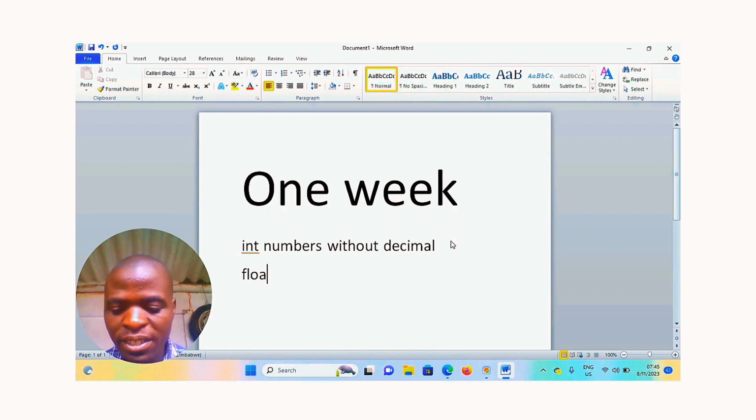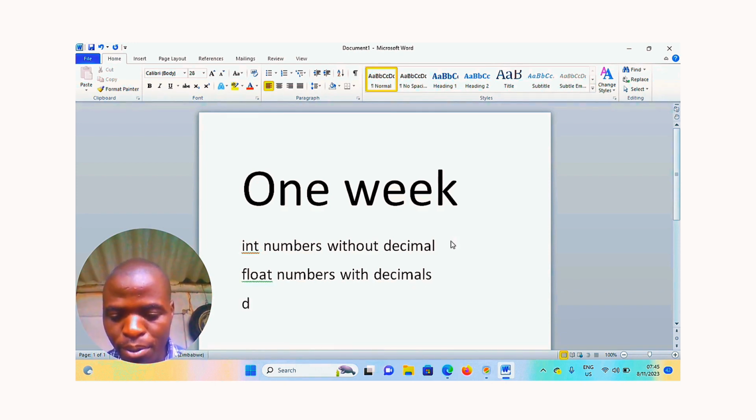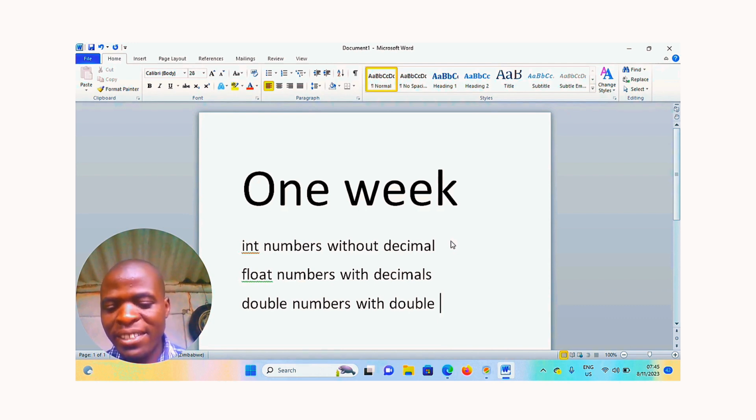We have what we call float: numbers with decimals. We have what we call double: numbers with double decimal precision.